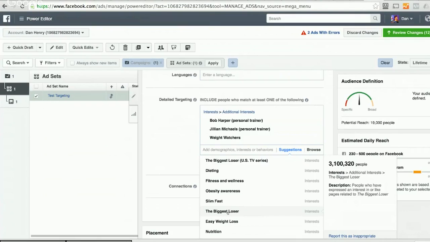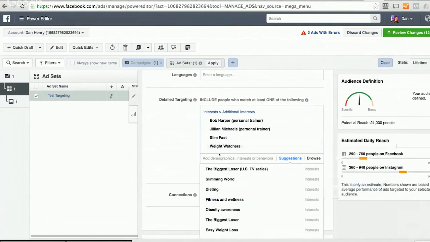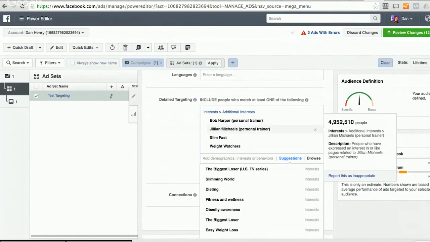It's not narrow enough. Now, Slim Fast, that's great because who the hell drinks Slim Fast that doesn't want to lose weight? Remember, we're trying to target people that want to lose weight. So I'm gonna hit Slim Fast. In fact, Slim Fast and Weight Watchers are probably better than the personal trainers, especially Jillian Michaels, because maybe,